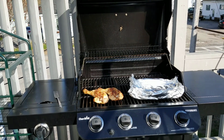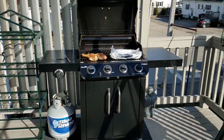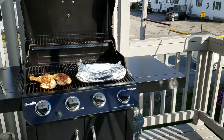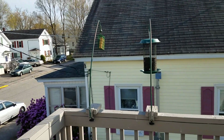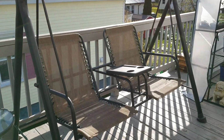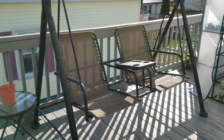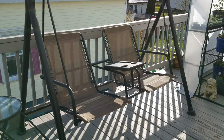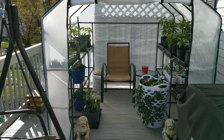Yum yum. So we have our new barbecue grill over here on this corner, and let me move down over here. Our deck, we've got our feeding station for the birds, and we have our swing so we can enjoy the nice sunny days. But what I actually did today was put up this greenhouse,